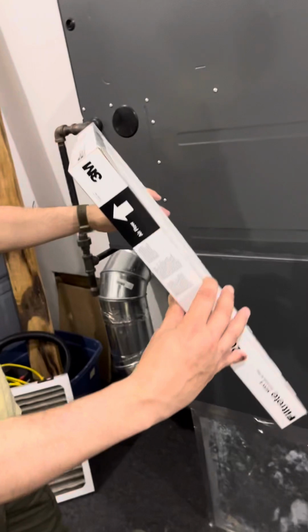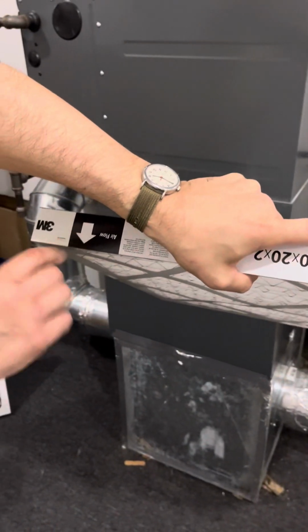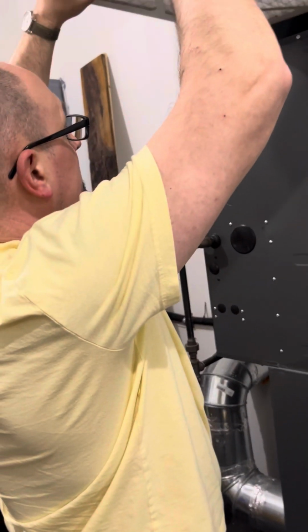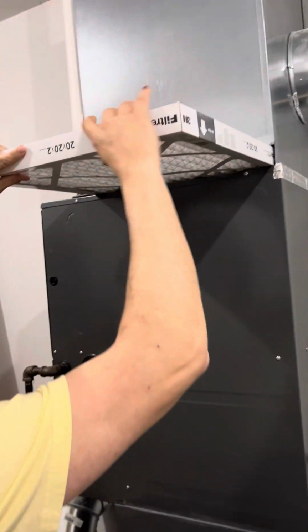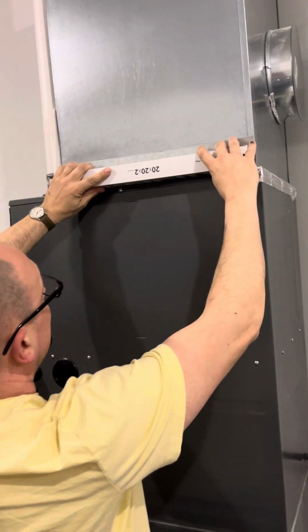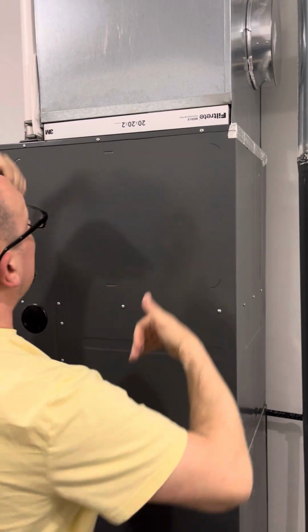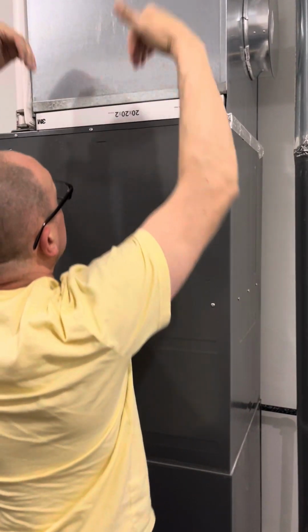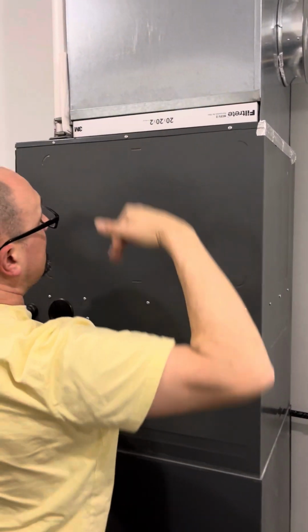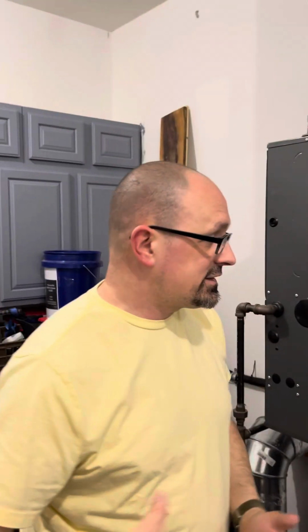So again, I'm going to just check one last time. There's my arrow indicating airflow. So my airflow is going this way. So I will take this where I have this slit right here and pocket this in so that I have a clean filter. So now when this unit runs, as it's circulating the air,